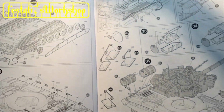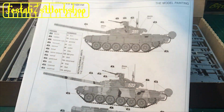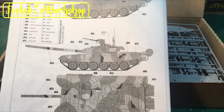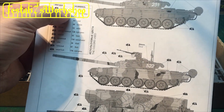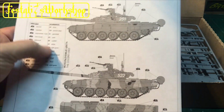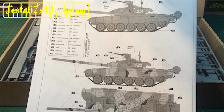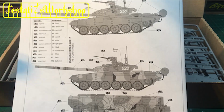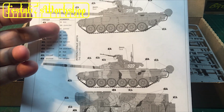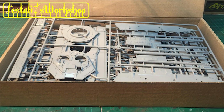a bit more detail on there, as you can see, and then your paint call-outs on the very back with a rough idea of the camouflage, etc. And then you've got the Humbrol equivalents there, but if you've got a paint chart, you can pretty much do your matching up. Google is your friend. So whatever paint you choose to use, you can just type in, I don't know, Model Air Humbrol equivalent number 33, and it will come up with their equivalent. Okay,